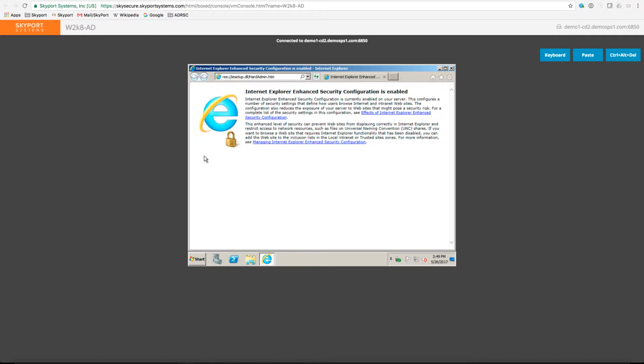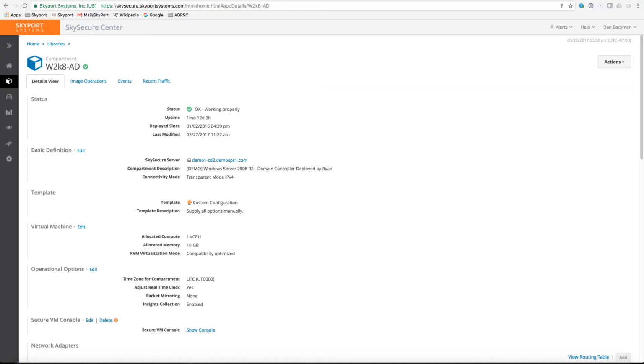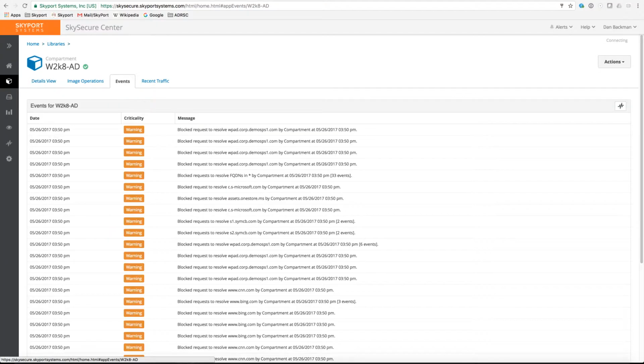In fact, we can even control things like web browsing. We can, for instance, block access to external sites like CNN.com. You can see that it connects to Microsoft.com. However, it's actually stripped out all of the content in the site that did not actually come from the Microsoft.com domain. Now, that piece of malware that we launched actually was blocked by the system.